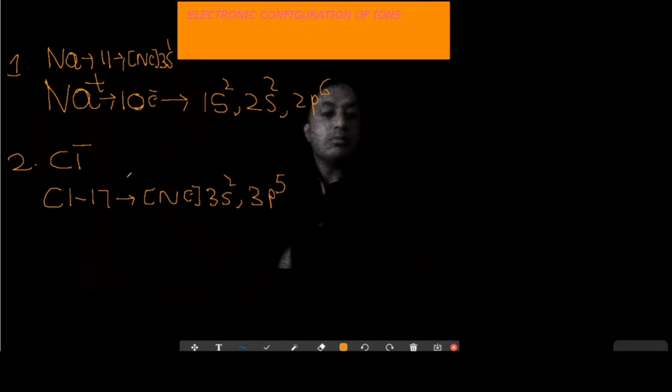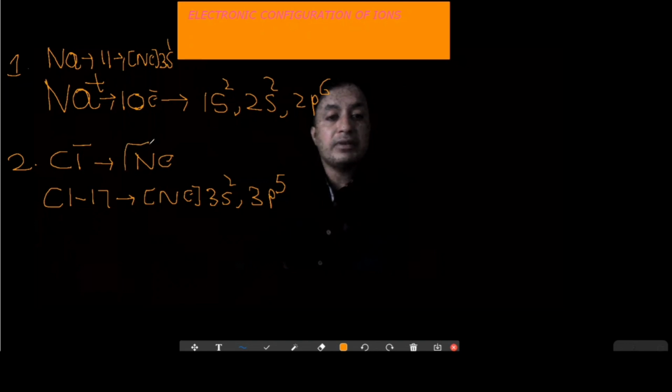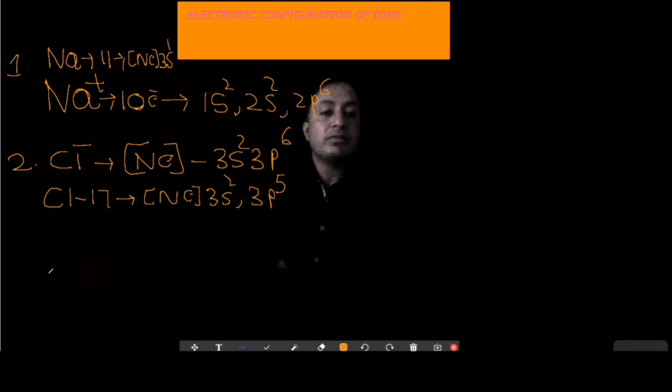3p5. So now chloride ion is formed by gaining electron because it is an anion. So when it is obtained by gaining electron, the one electron will be going in the outermost shell orbital. So electron will be going in 3p orbital. So it means the electronic configuration will become, here you can use the shortcut method even to represent it, like neon 3s2, 3p6. That is how you can write the electronic configuration of this ion.